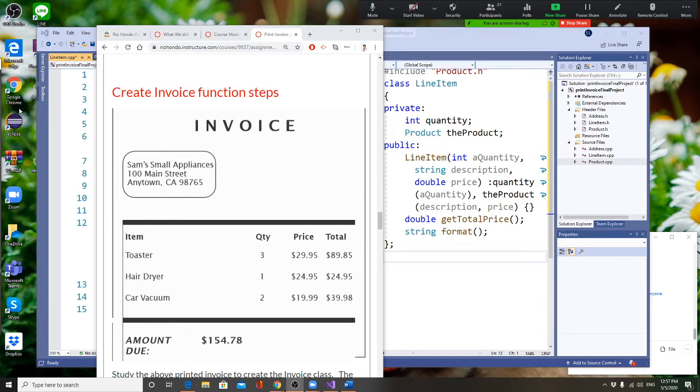Now we're going to take care of the entire invoice paper. In the entire invoice piece of paper here, you include an address class, then you include a line item class. Alright. And at this moment I need to ask you, we learned from chapter 8 because